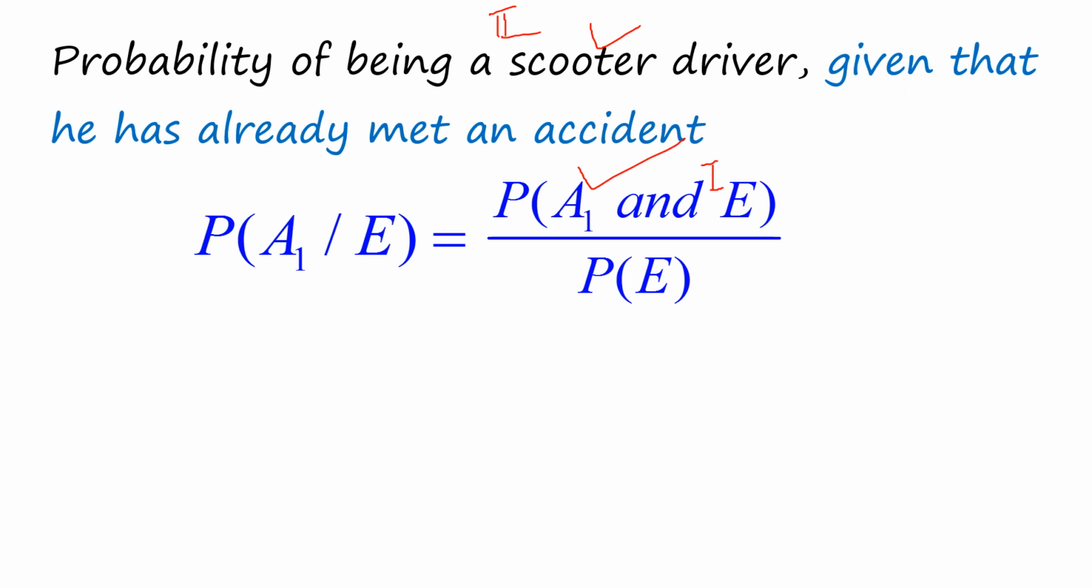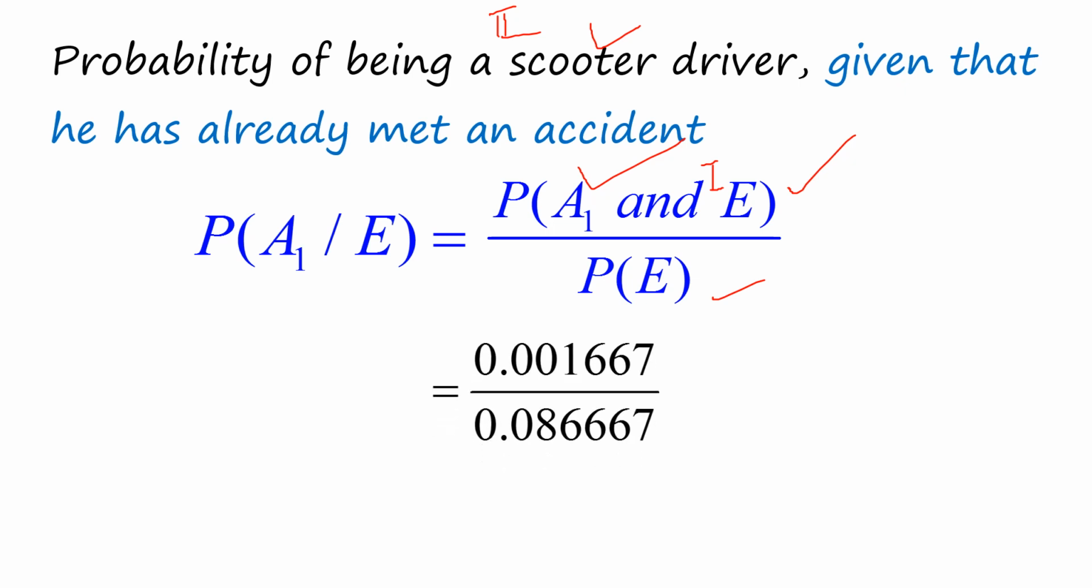It is called the number of favorable outcomes. That means the chance that an accident will be made by the scooter driver, and this means the chance of the total probability of meeting an accident. And then we are going to put the values. So from the diagram we know that its value is 0.01667, and P's value is this much. And here